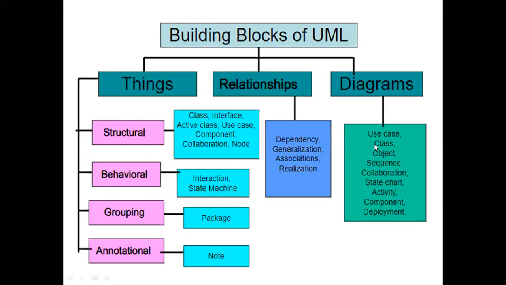First one, class. Next one, object. The two, class and object, are explained in the third unit. And next one is interaction diagrams. That is, the interaction diagrams means sequence diagram and collaboration diagram. The two diagrams are commonly known as interaction diagrams. The interaction diagrams are represented in the fourth unit.